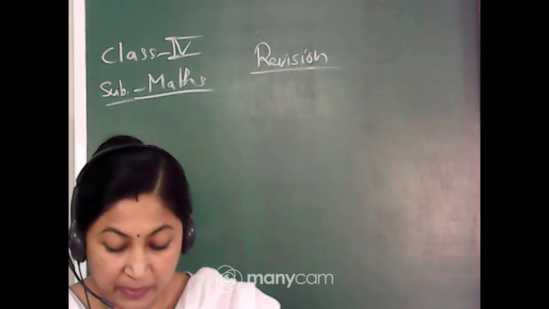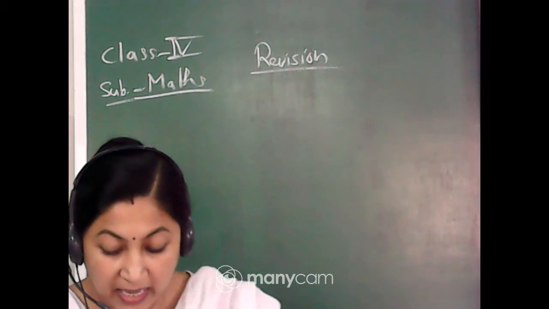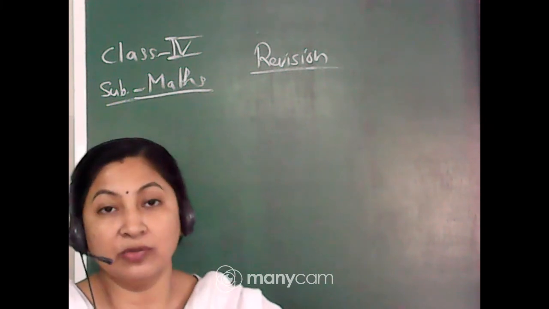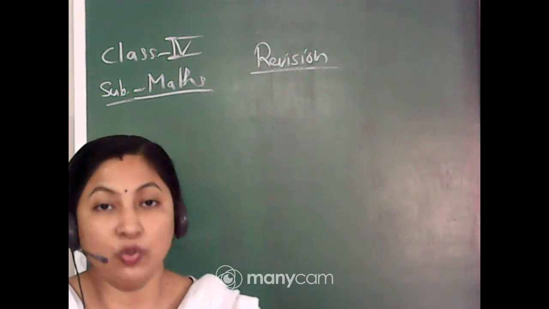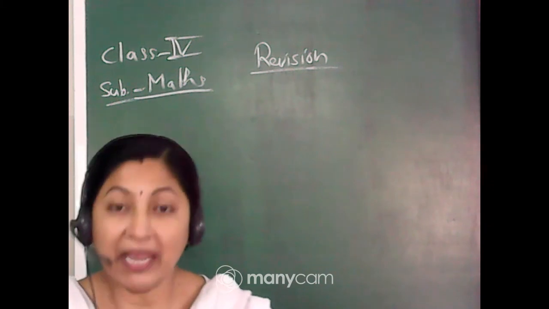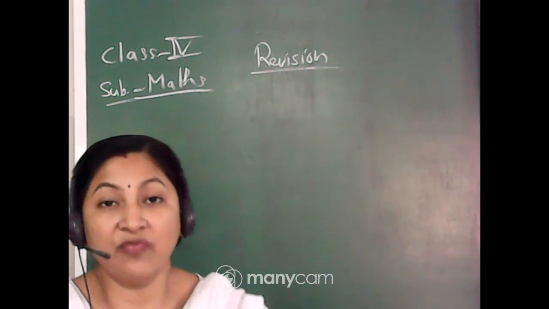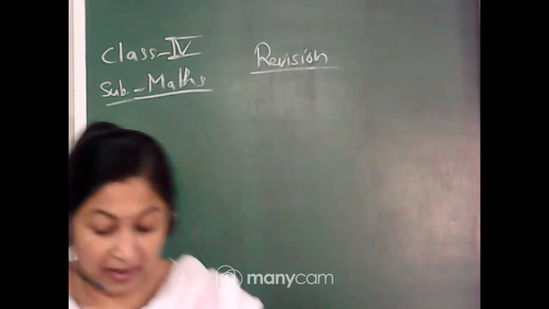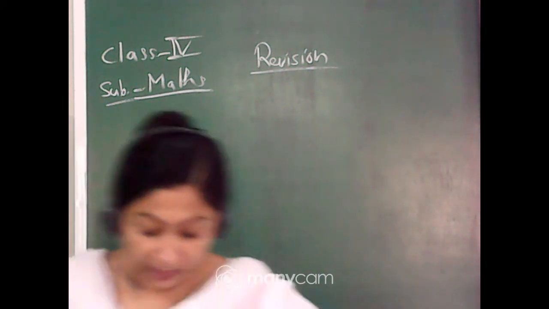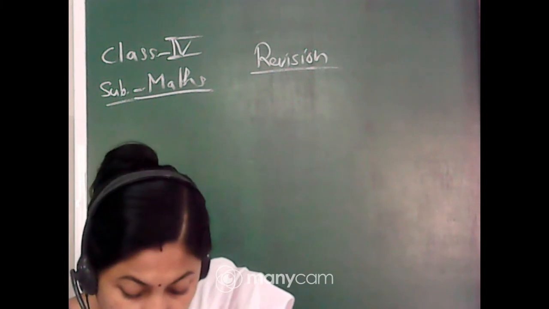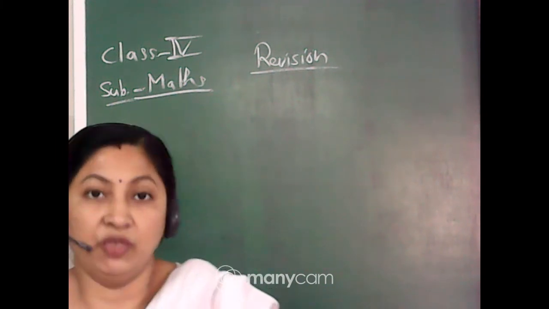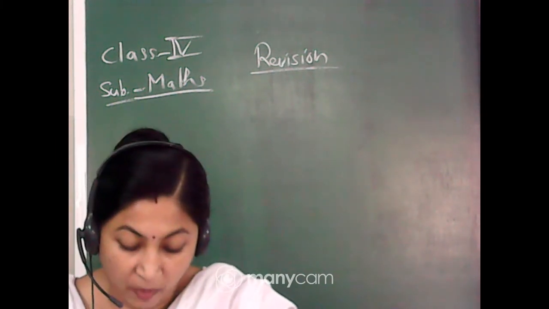Okay. Similarly, the next question. Billu has kept his chickens in a box. He counted 28 legs. How many chickens are there? Now it's the same thing. One chicken has 2 legs and there are 28 legs counted. So 28 divided by 2, that means 14. So there are 14 chickens. Clear? Similarly, the next one. See, all these questions you will practice in your rough copy.